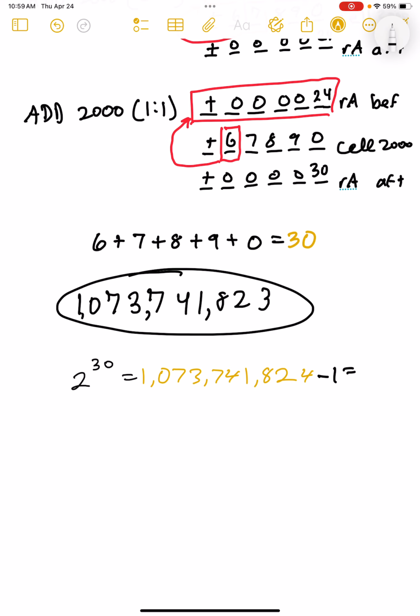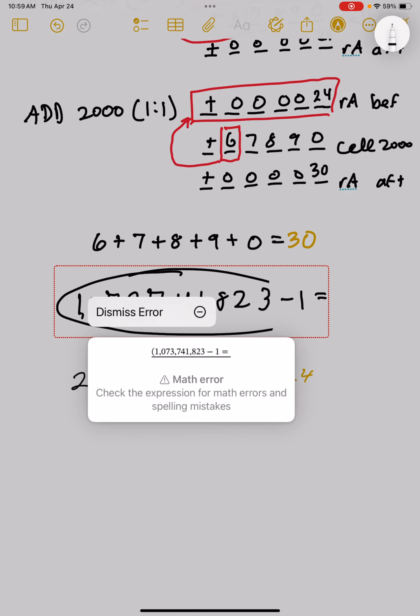Okay. What I can do though, let's see if Apple will let me do this. Minus 1 equals. See if it'll let me do it. Yeah, it doesn't like the